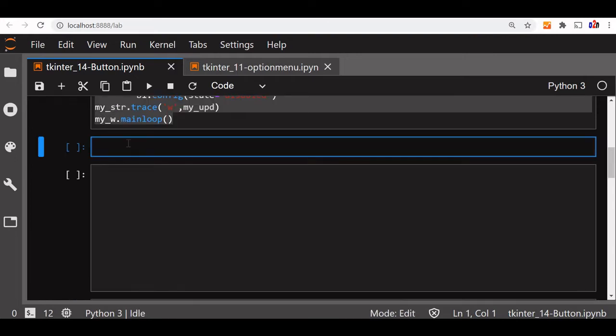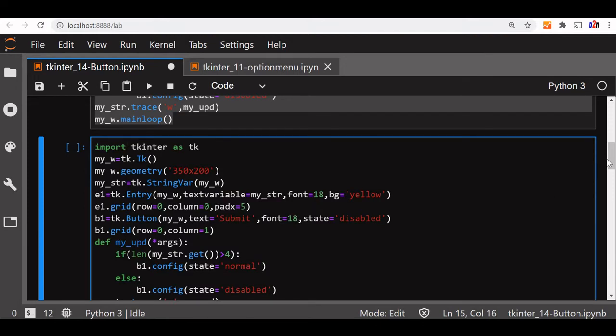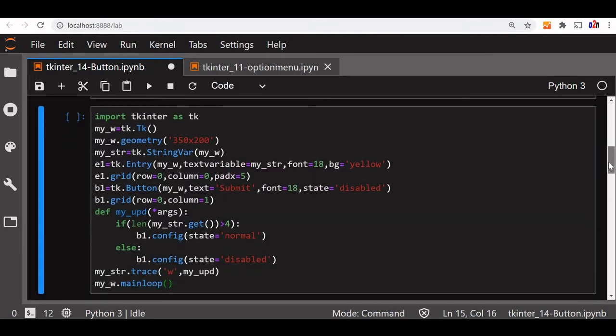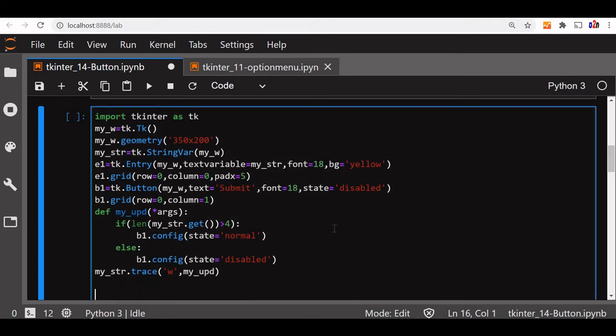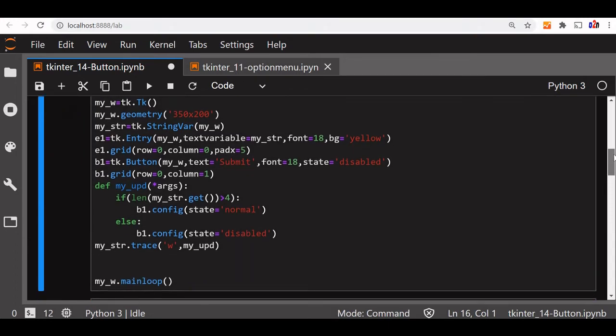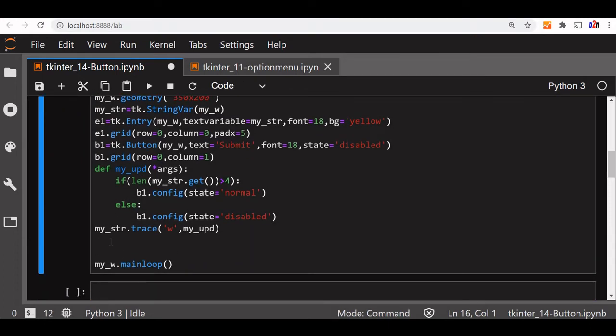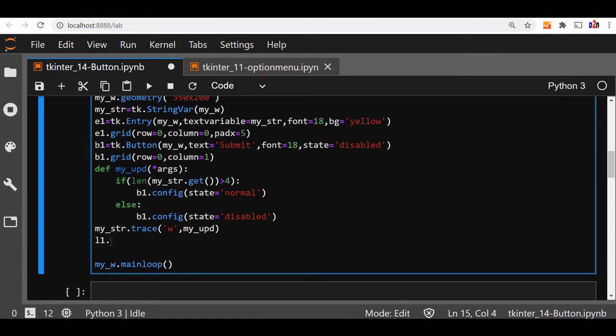We have copied the code and pasted it here. We'll add the functionality that whatever data the user enters in the entry box, on click of the button the same thing will be reproduced in a label, or you can add one welcome message also. For that, let's add one label to this. So let's declare L1 as label, L1 equal to tk.Label. Now here it's the parent window, myw.